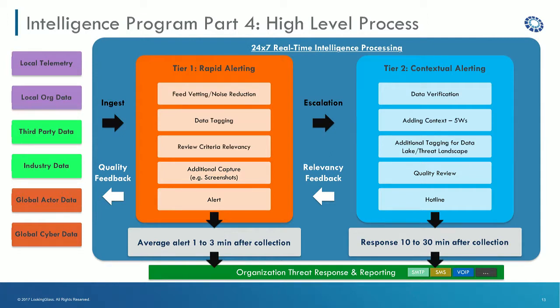You may have local information about your own organization, etc. You may also have topology information, ownership information, etc. You have a whole host of information that comes into this process, and the tier 1 level needs to consider,